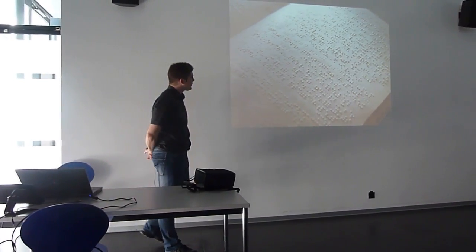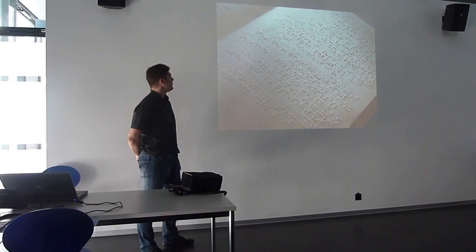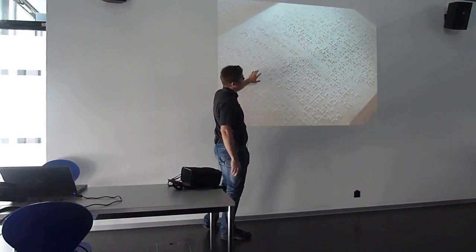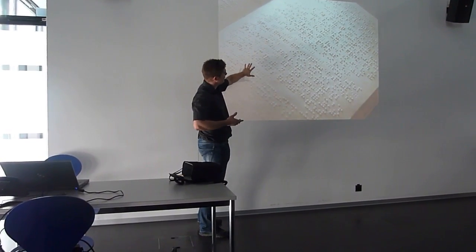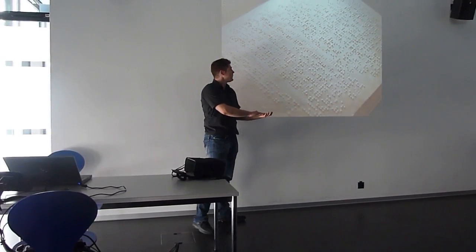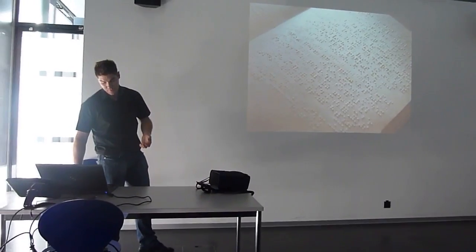And who knows what this is? Braille. Exactly, right. So this is Braille letter. It's something that blind people use to communicate, and sorry, not to communicate, but to read. Right? In the dark. So this is a book written in Braille letter, and if you're just feeling it in the dark, if you're very skilled with this, you can read the book actually by going left to right. You can get pretty fast with this.